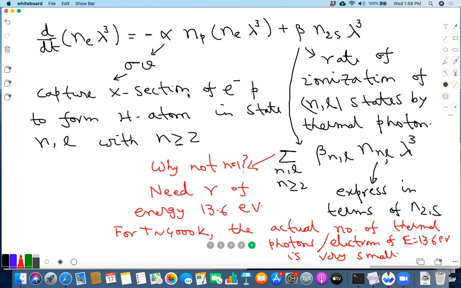Typically in a collision between two atoms, it will be more like an elastic collision, or there will be some rearrangements. But it will be very hard to excite in this collision between two atoms. It will be very hard to excite, for example, a 1s state to higher values, right? What can happen is that when the energy difference is not so large, then a collision between two atoms can make transitions between these different nl states, but that's of course part of the same system. Okay. Are there other questions?